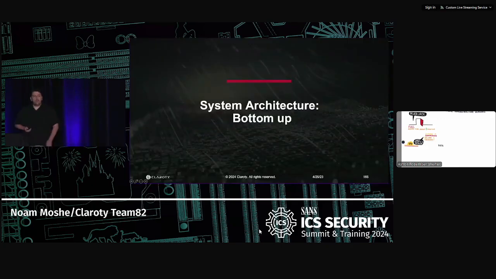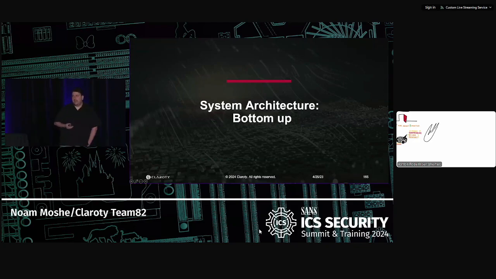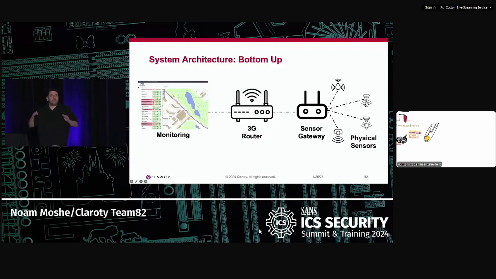However, before I tell you about the attack, we need to understand what the architecture of the networks used by Moss Collector is. And you see, many times when we talk about an ICS attack or any cyber attack, we need to understand what the moving parts are, what the layout is, and how the attackers have been able to move laterally to get to their targets. Now, this is a very high-level layout of Moss Collector's networks.